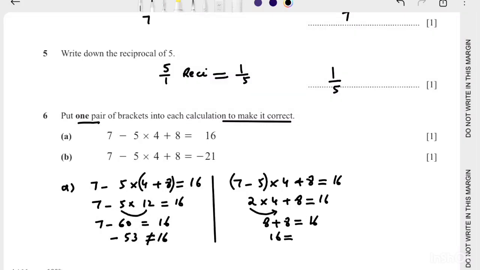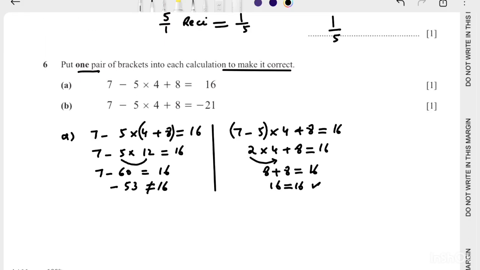16 is equal to 16. Yes, so this place is right. Now for B part,